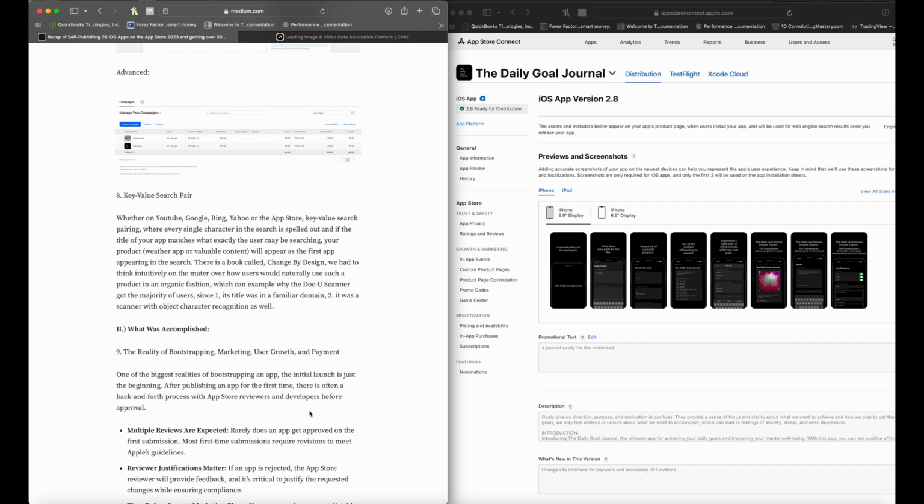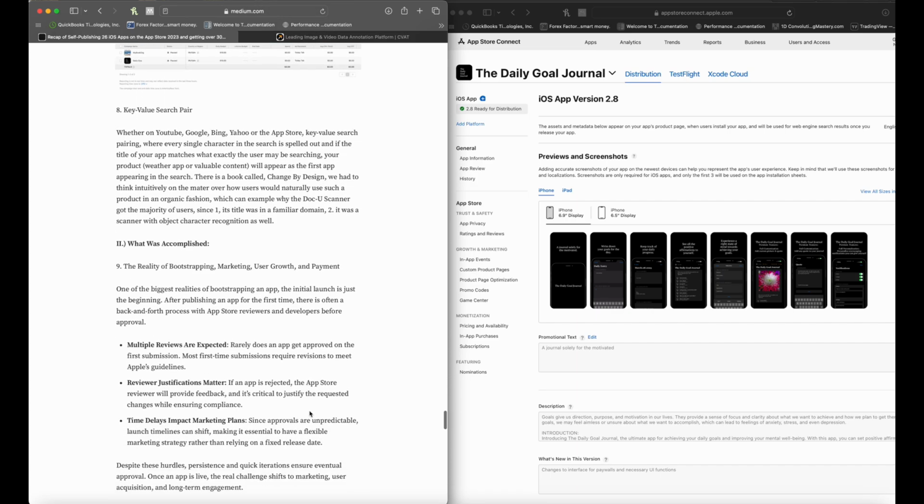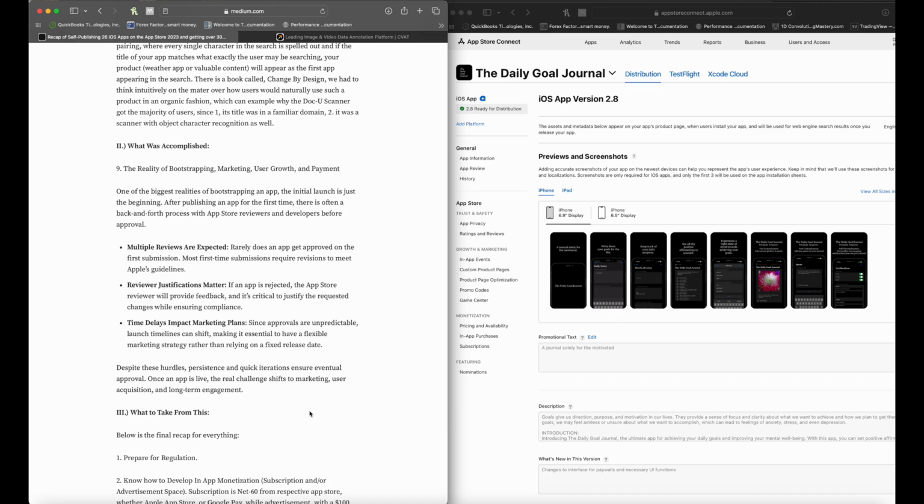As mentioned about the key value search pair throughout any internet-based commodity that one is publishing at the same time. And yeah, the realities when it comes to bootstrapping, marketing, user growth, payment. One, don't be surprised about multiple reviews, because chances are, if this is your first time publishing an app, the direct first time, you're going to have to go back again, because the first time an app is pushed for review, there's a high chance that it's not going to be